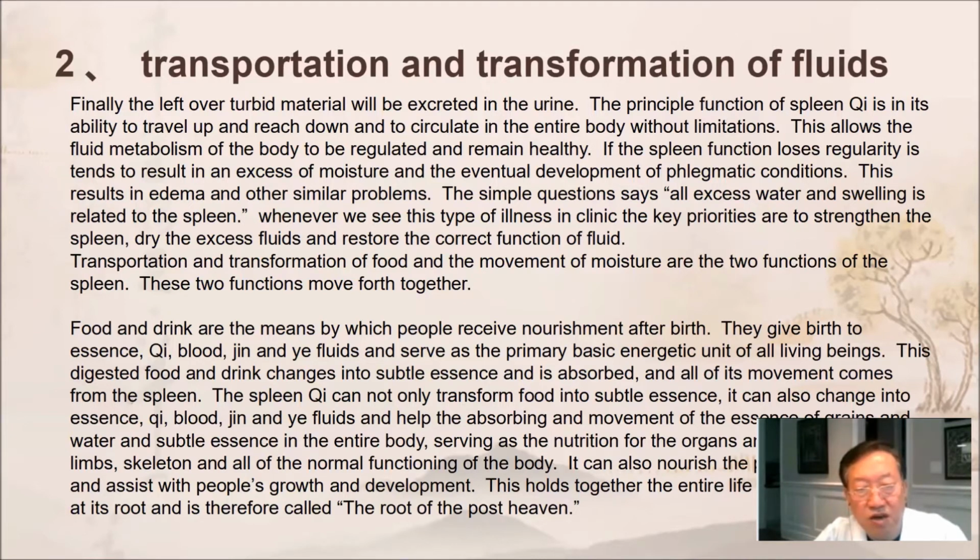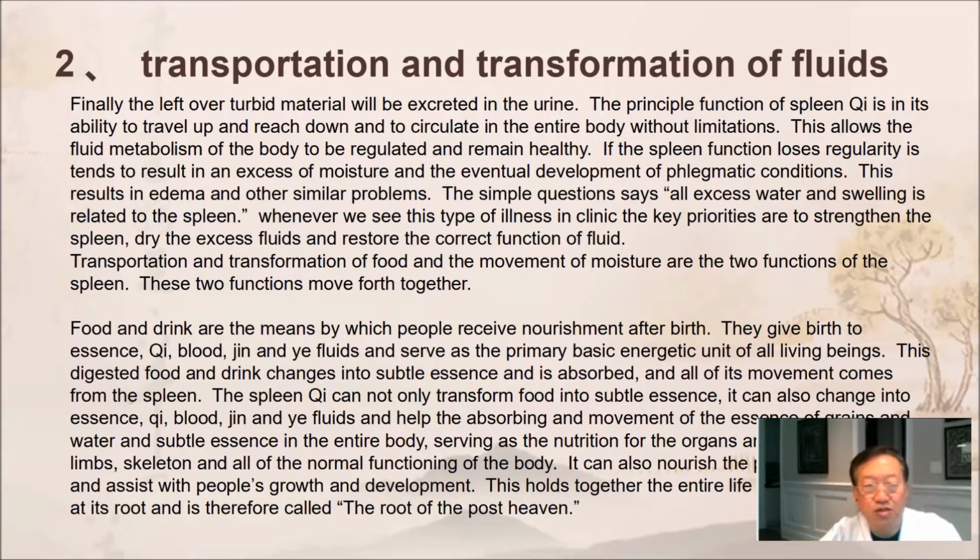Food and drink are the means by which people receive nourishment after birth. They give birth to essence, qi, blood, jin, and ye fluids, and serve as the primary basic energetic unit of all living things. This digested food and drink changes into subtle essence and is absorbed, and all of its movement comes from the spleen. The spleen qi can not only transform food into subtle essence, it can also change into